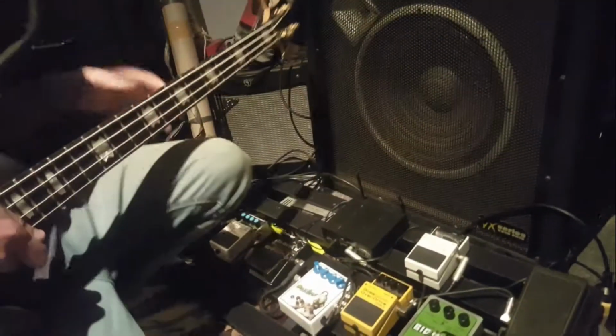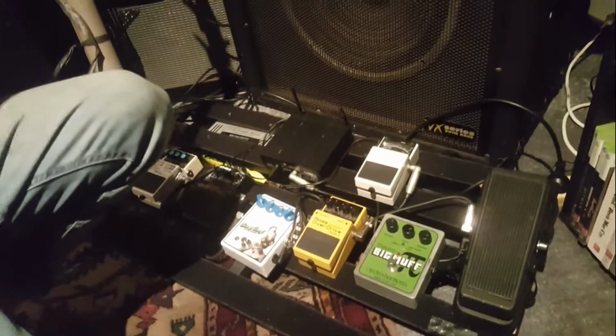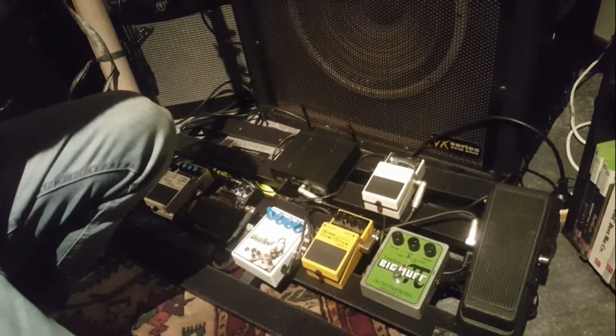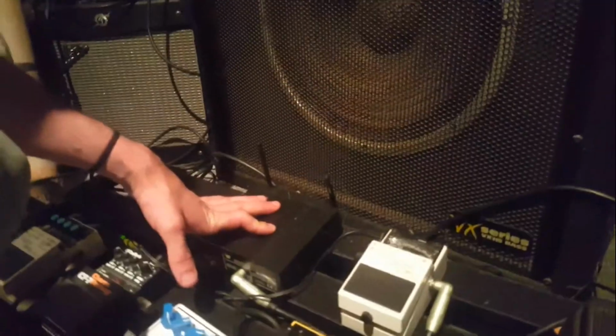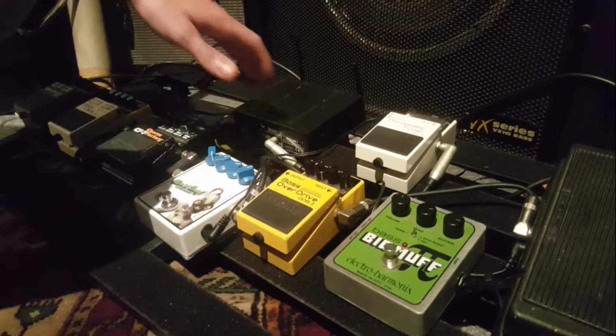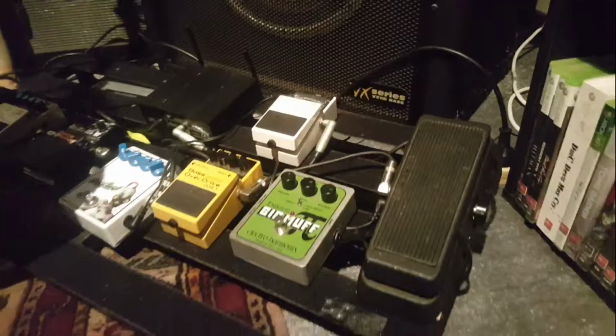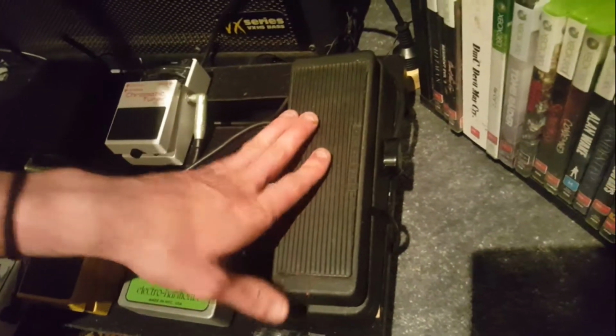Alright, so for the EP, I can't remember if I used the wireless or not for the EP. I can't remember anyway, but it doesn't matter. This just gives a different tone anyway, but I use it now non-stop. The best pedal on my board would have to be the tuner. This pedal here, this is interesting. This is a Crybaby. This is for actual guitar,